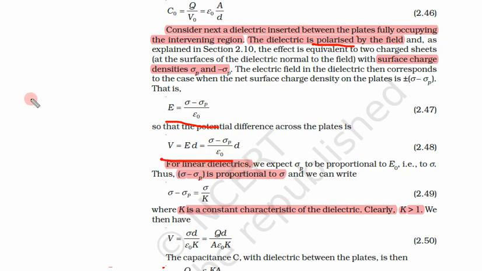Now for linear dielectrics, what are linear dielectrics? Linear dielectrics are those where the polarization, capital P, which we have seen, with dielectric moment small p, is chi E into the electric field. So linear dielectrics are those dielectrics for which polarization increases as we increase the electric field. Those are called linear dielectrics. For linear dielectrics, how will the polarization increase?